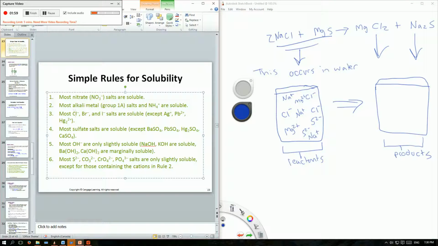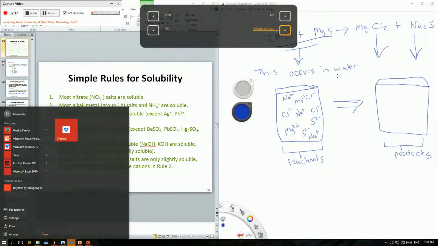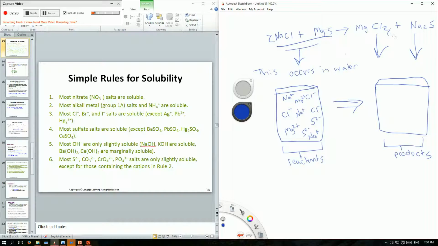So most Cl minus salts are soluble, except for these three exceptions. But when we look at MgCl2, this is not an exception. So this is aqueous, or in solution,